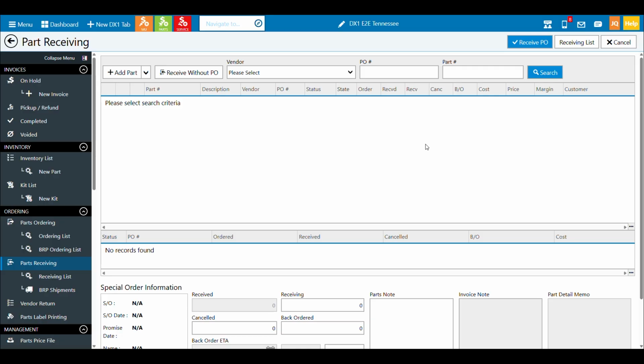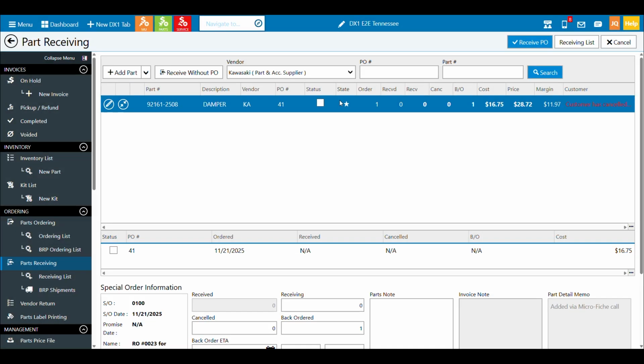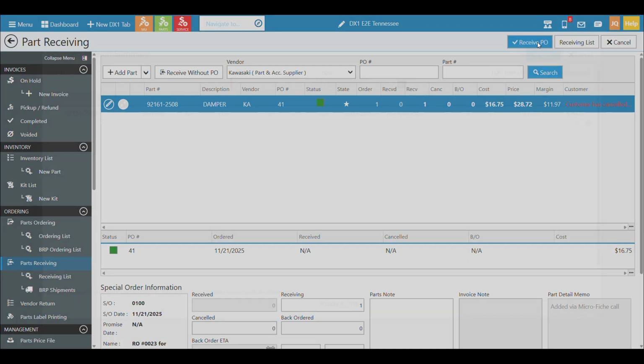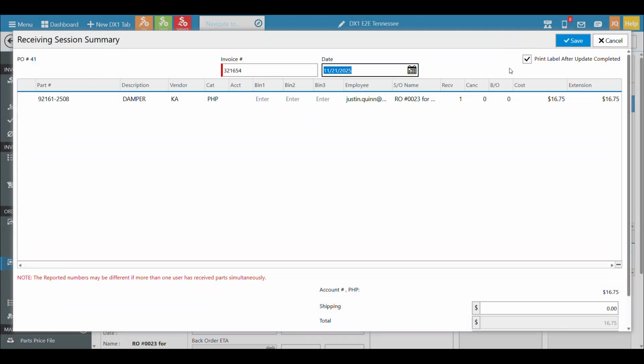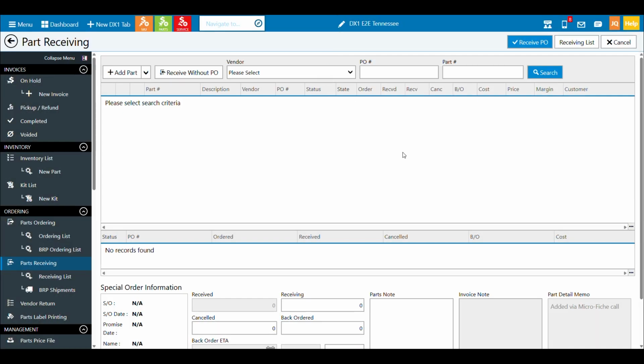We talked about how to back order parts, and cancel parts if we need, which were removed from the screen. As you notice here, the only items that we have left are the back ordered parts. In that case, just to demonstrate again, once they come off a back order, we would get a 0. We could then come in and receive the part, hit receive PO, and enter our invoice number. In this case, I'm not going to print labels, so I could uncheck that if I want, hit save, and again, I have now updated the process, and you can see I have no more Kawasaki parts in my grid. So hopefully this helps you if you do parts receiving on the basics of how to receive parts that are attached to a PO.